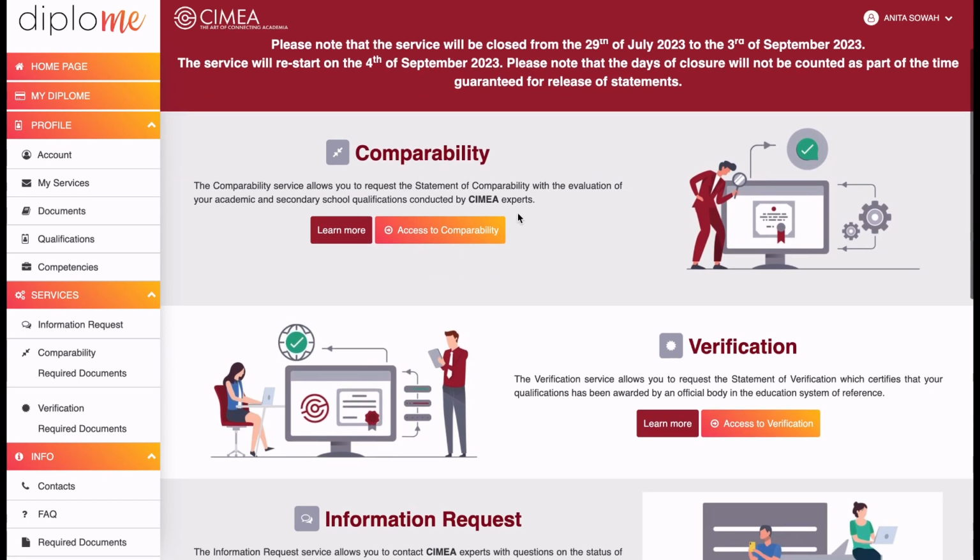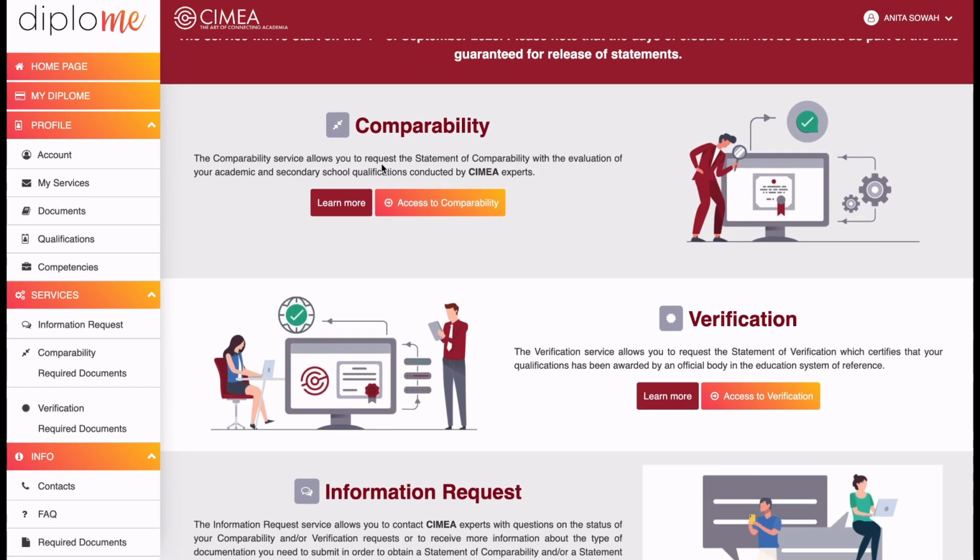Okay, so we have here the comparability service. This is for the comparability, and then we have the verification. But as you guys know, both with the comparability and the verification, you must always add your consent forms. And I did show you guys in a previous video how to download the consent form, fill it, and then include it. Okay, so what you're going to do first of all, before we go to access verification, we have to go and check the required documents. So here,